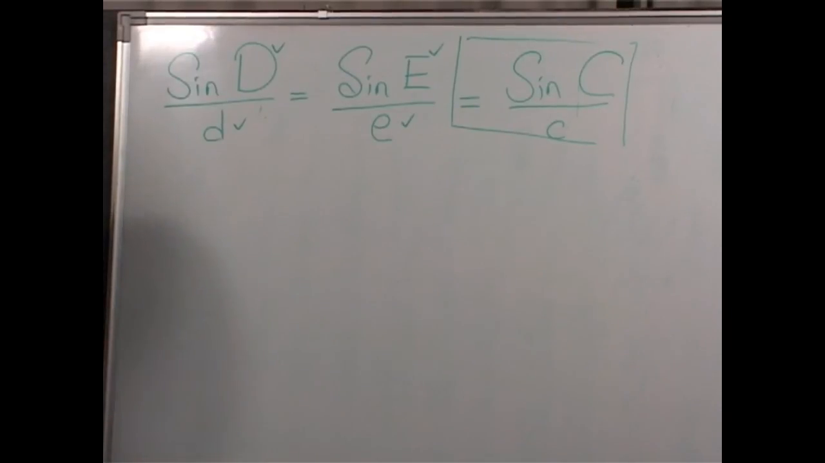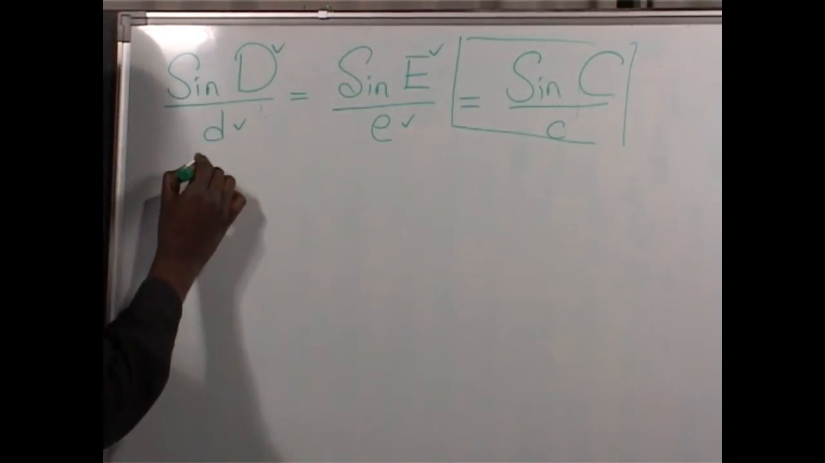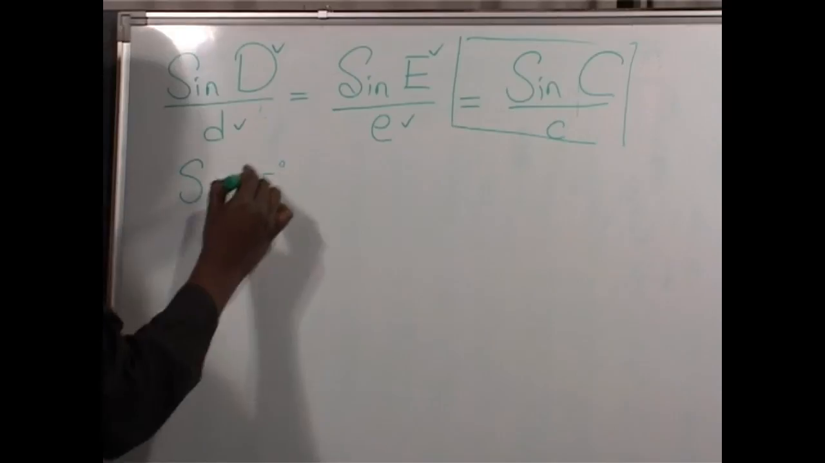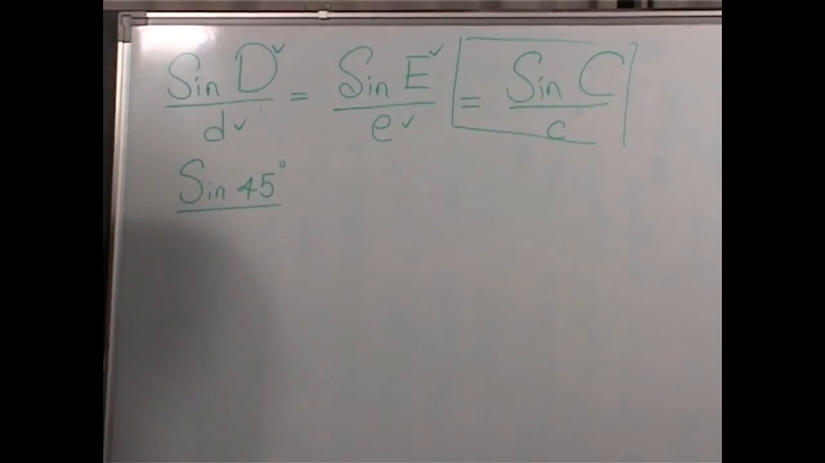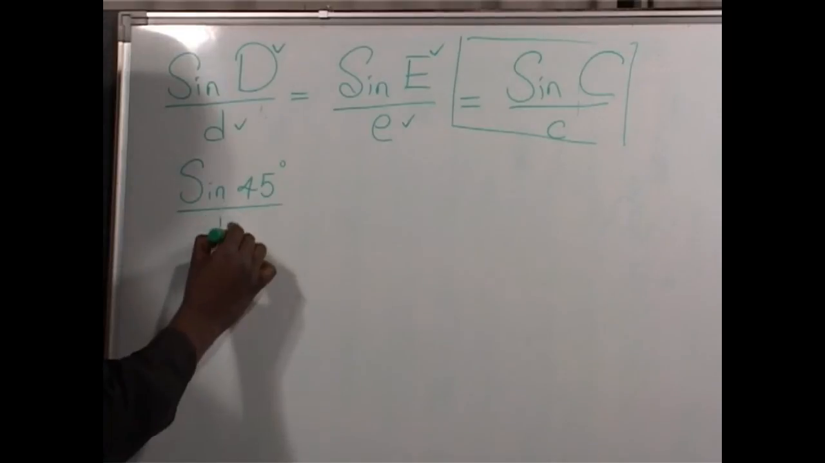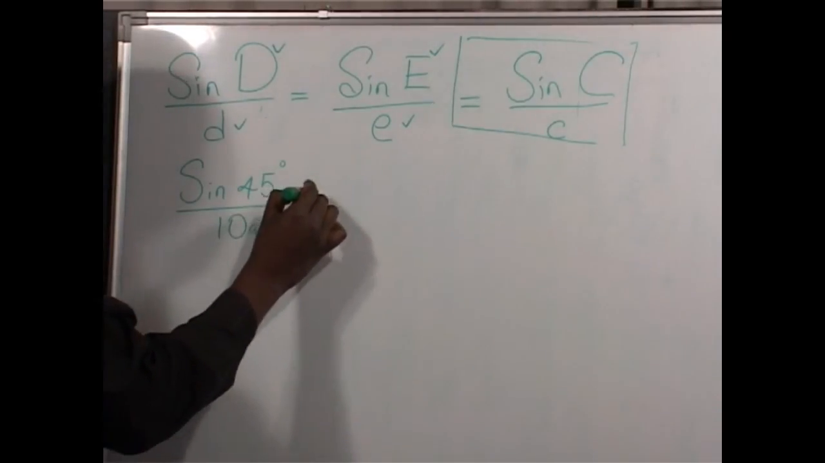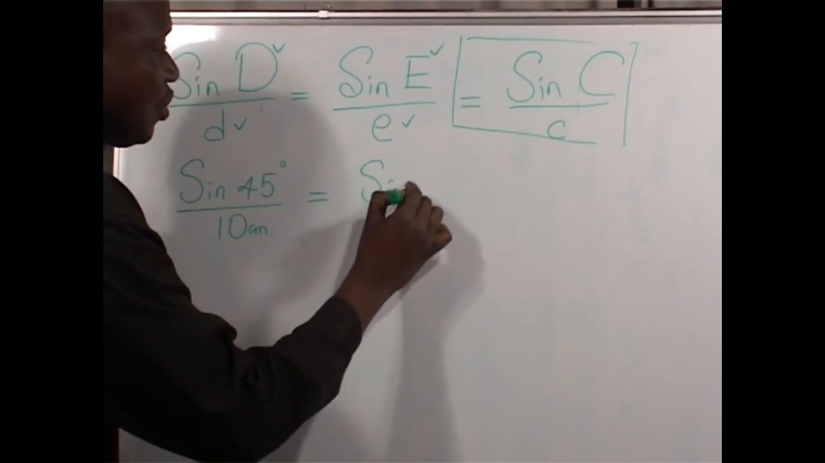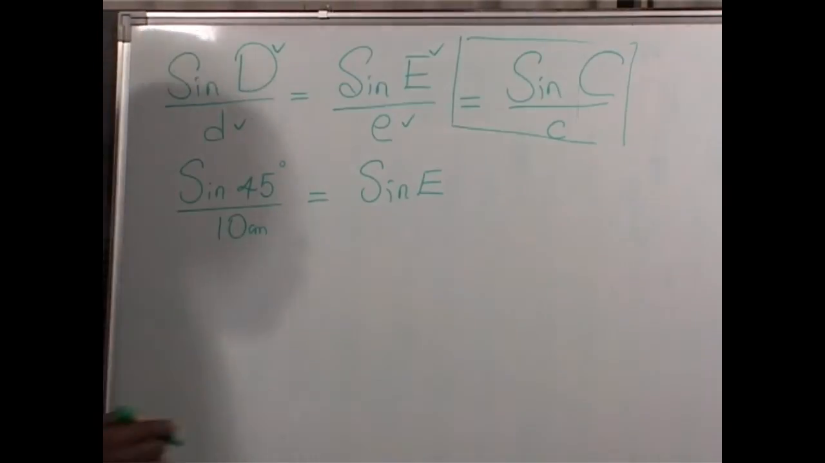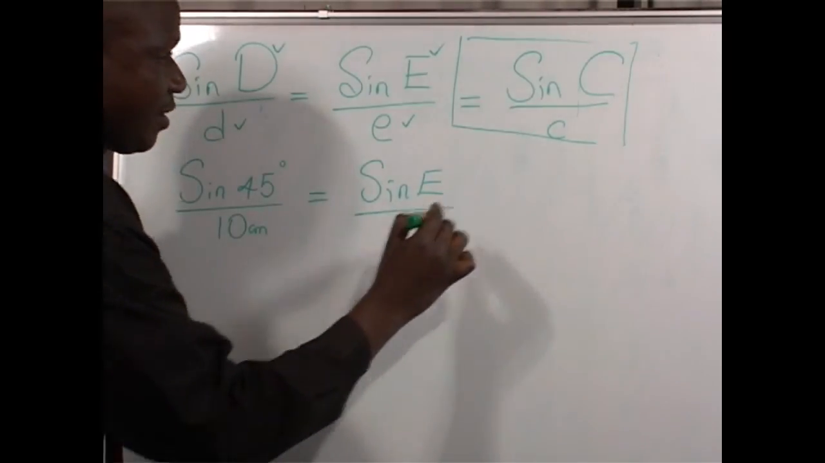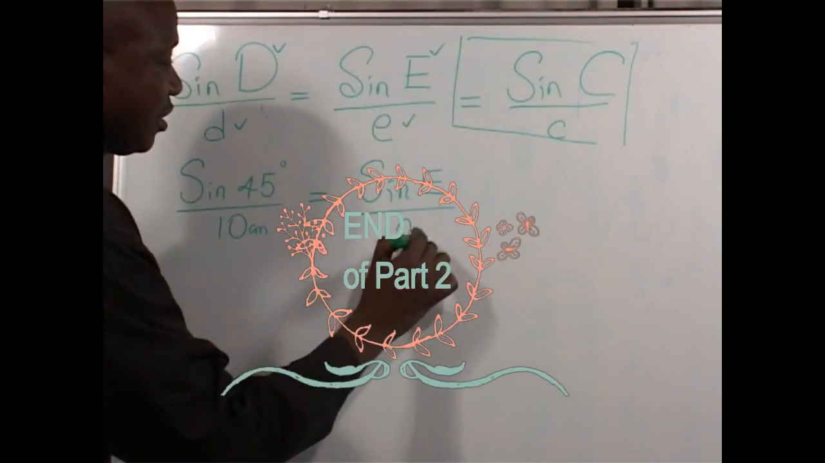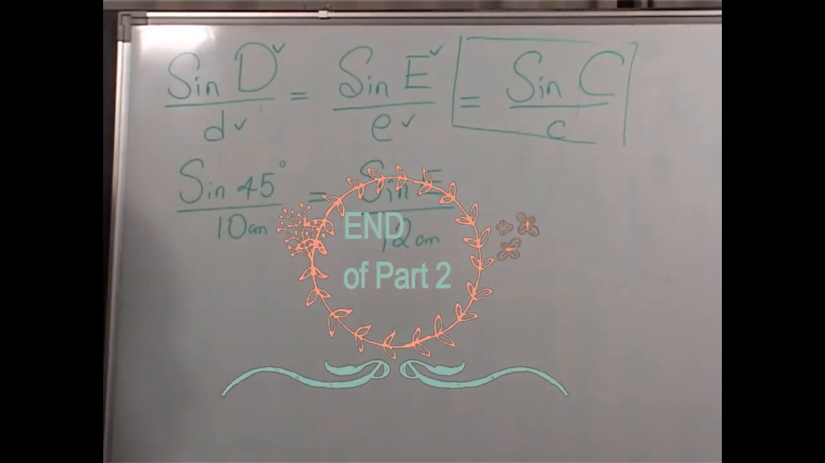We do the substitution. D is 45, so sine of 45 degrees divided by the side d, which is 10 centimeters. This is equal to the angle at E, which is the one we must find. So the numerator remains as the sine of E divided by the side e, which is 12 centimeters. Like in the previous case, we must make